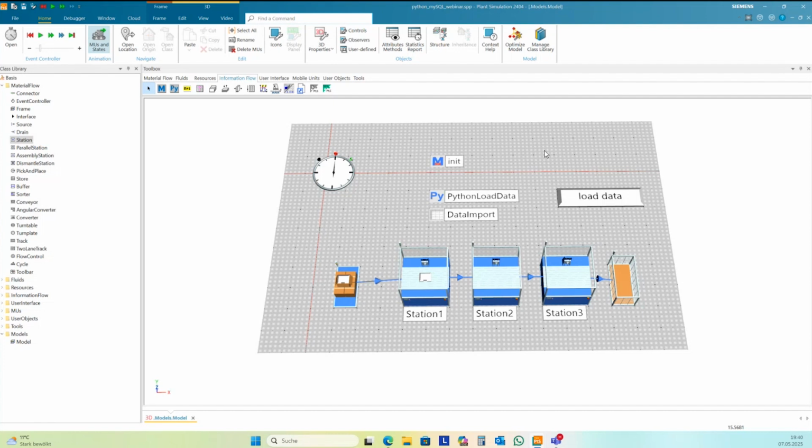Or just get information that you have changed the data and you need to reload it, and then you just press on load data to have the new data. But there's no automatism behind. It does not update the data automatically. You need to actively import the data anew from the database server.